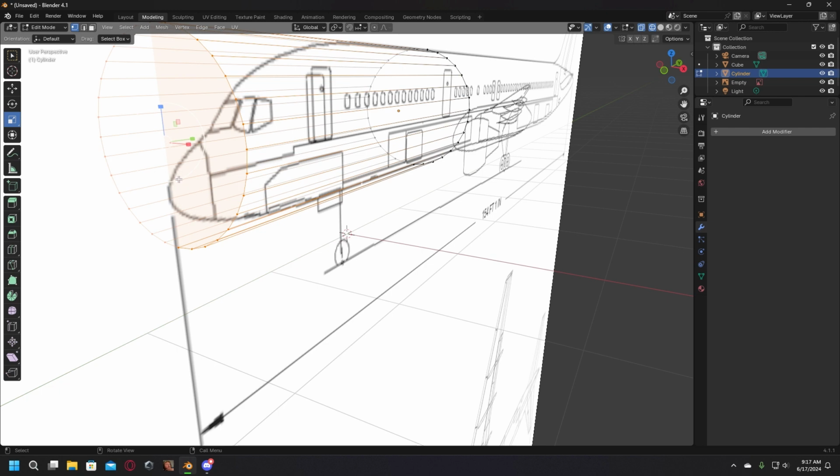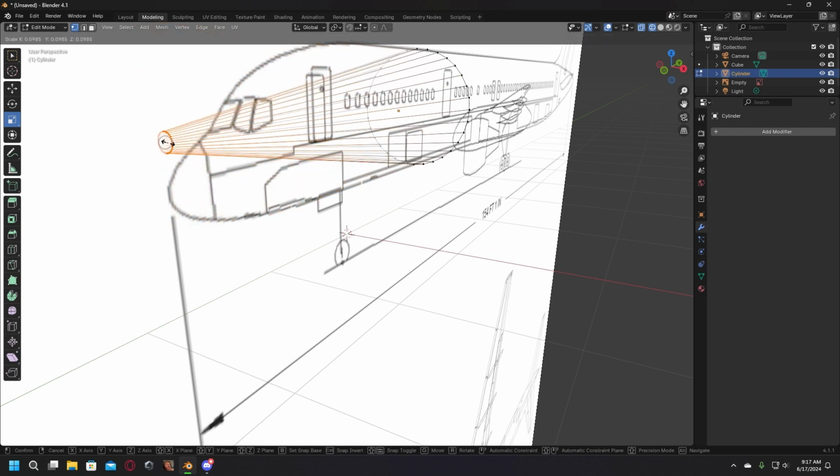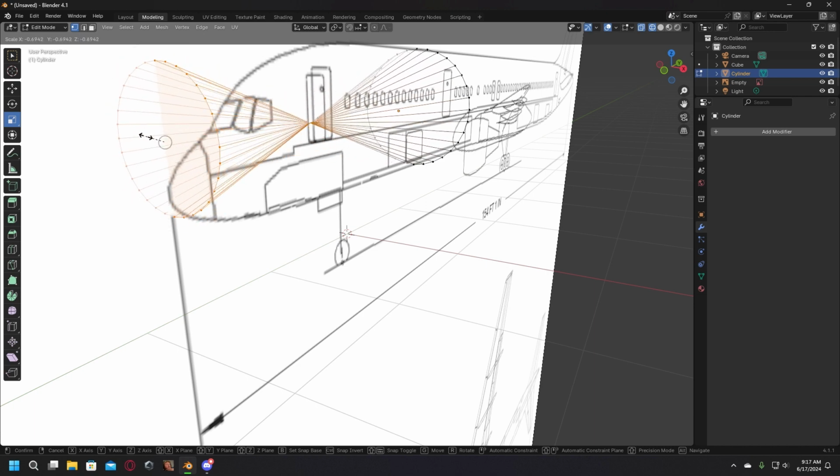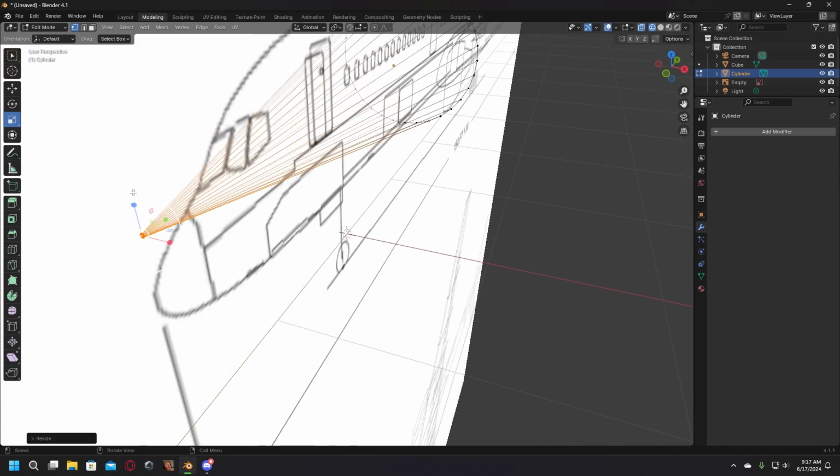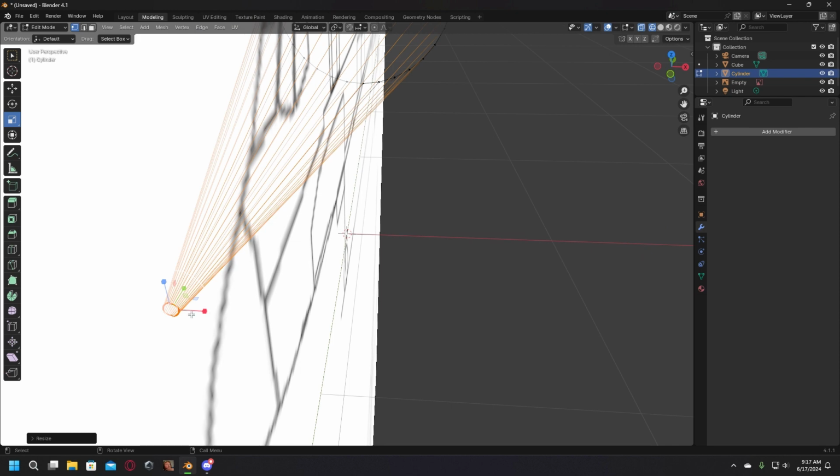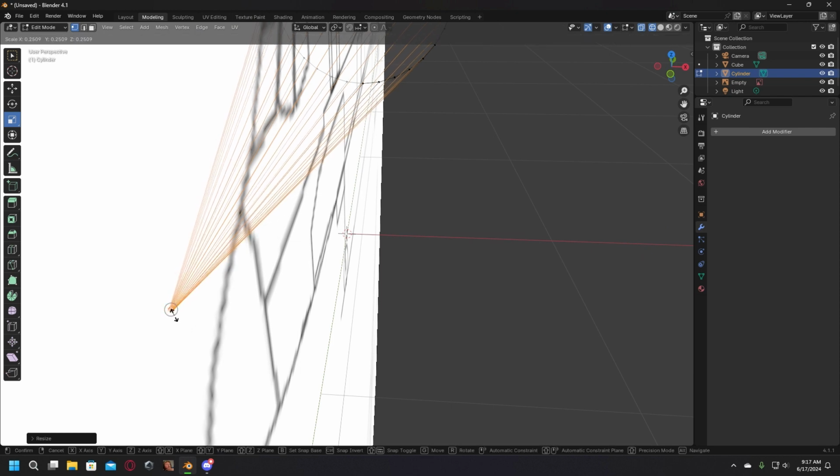and then you can either scale it down like this, where you click in the center, and then for the nose you have to make it as small as possible. You have to be careful because in Blender, see if you go too far it inverts. So that's about you gotta get as small as possible,